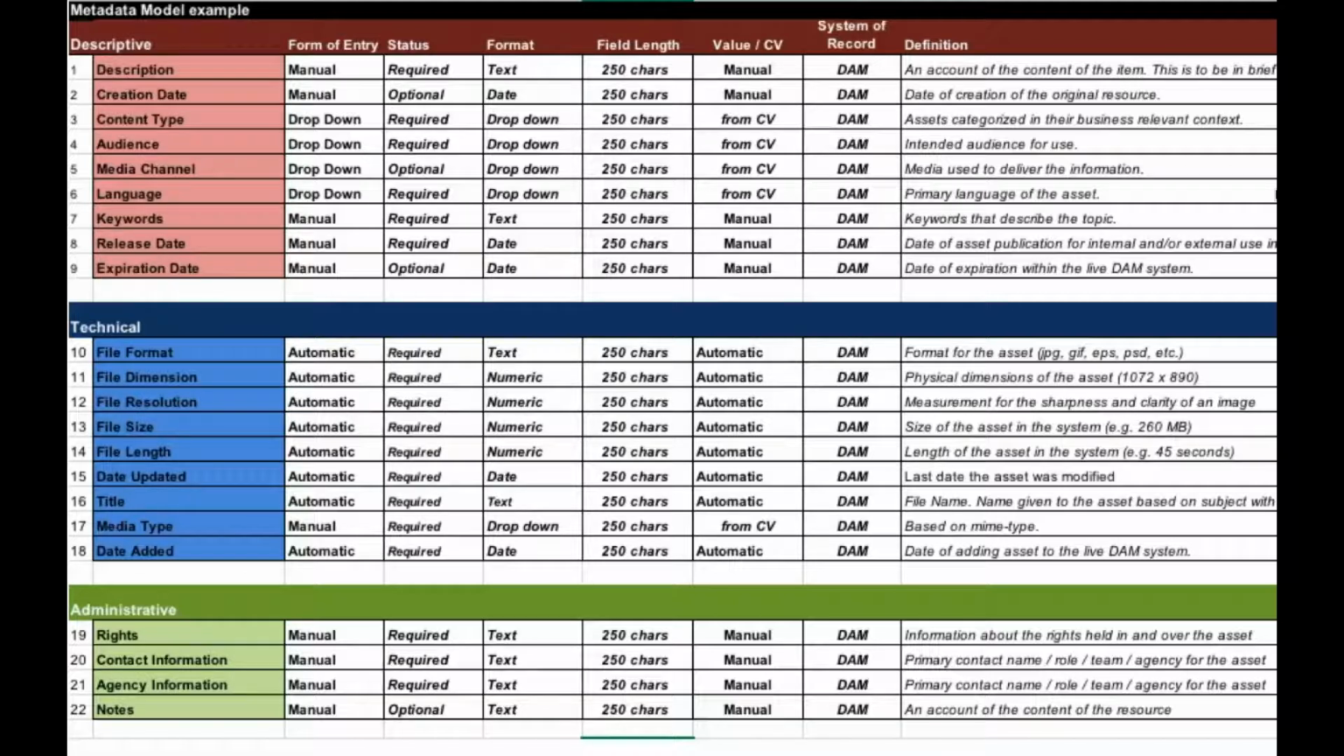As you can see, this model has 3 categories: the descriptive, the technical, and the administrative. Again, these are some sample fields. These are probably very common to you. There could be a lot more for sure, but I'm just trying to give some examples of what you would see there. So again, if you look at the top bar, you can see some of the other columns are